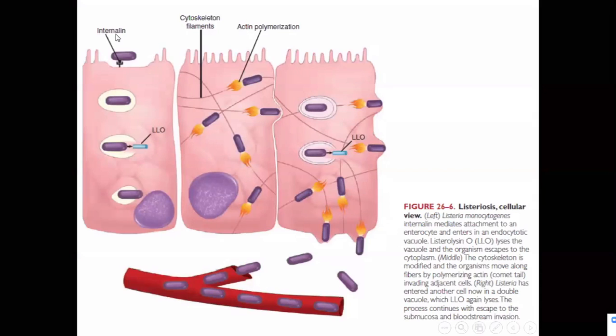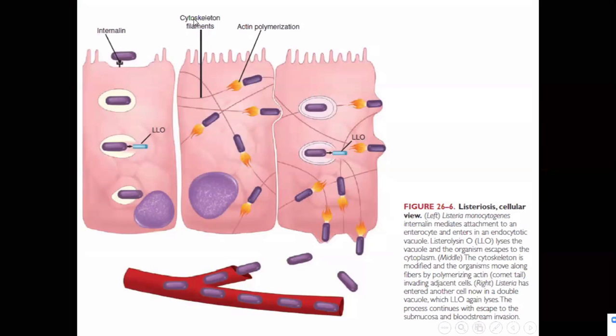You can see that with the internalin they attach to the host cells and invade them, and in the phagocytic cells or in the infected cells, they can form a vacuole around them. But with the listeriolysin O, this microorganism can escape from the vacuole